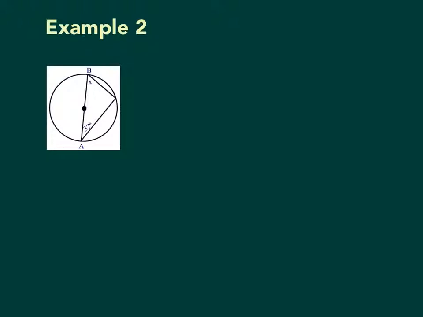Now let's look at a more challenging example. Now we're given what looks like 2, maybe 3 inscribed angles: 1, 2, 3. And we're actually looking for angle B. The first thing I notice is that we know the measure of angle A. That means that this intercepted arc, let's mark it in red, is going to be 37 times 2, because remember, an inscribed angle is half the measure of its intercepted arc. So that's going to be